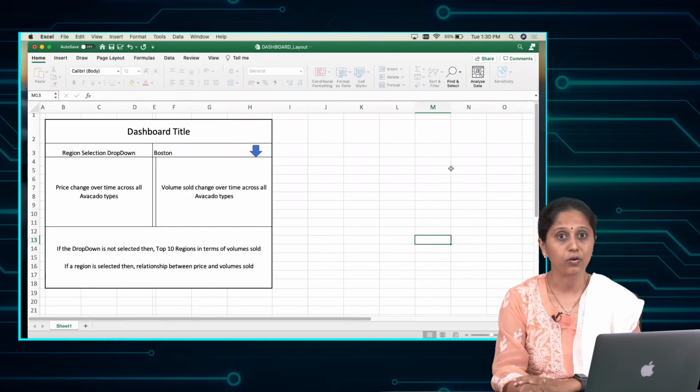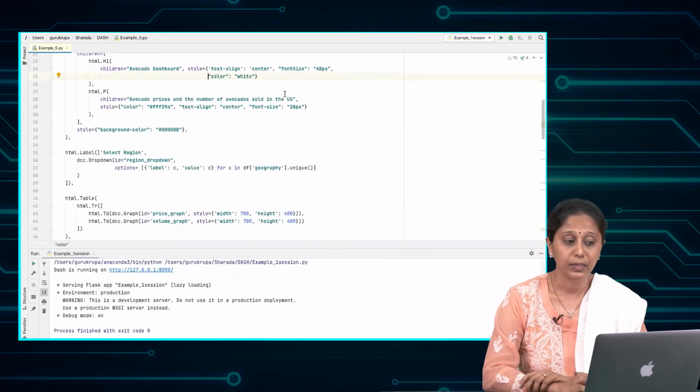You can style your components in two ways, using the style argument of the individual component or keep all the styling in an external CSS file and use the same in your Python file. So let us add a style attribute to our header. We can add in multiple style elements for any component, say text alignment, font size, the color of the element which we want. We can do that using the style.